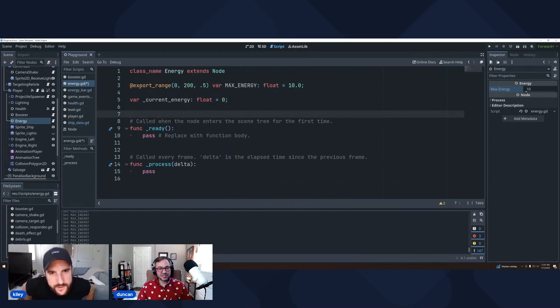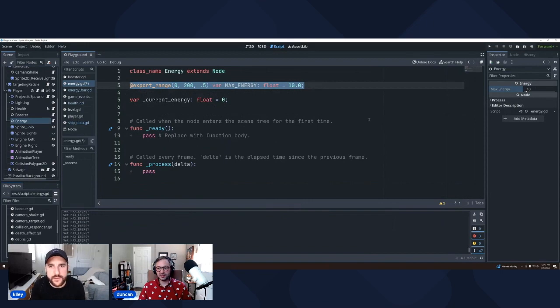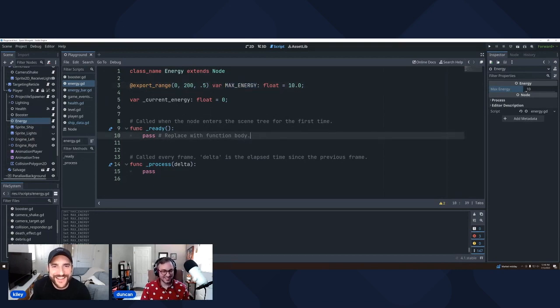And what's interesting is this is probably not going to get set directly in the editor that much, because what we're going to be doing is, again, making it more modular. We're going to pass the max energy to the energy component itself once the game starts. So that opens things up where one ship maybe has no energy, right? It's a weird ship and it doesn't use energy. And another ship might have 100 max energy, a lot, right? And it's going to be set once the game starts, and we'll run that with data. We probably won't get to that, but who knows what we'll get to.